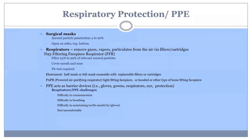Then you have your respirators, which Tim talked about, your filtering facepiece respirators, commonly called your N95s, that can filter out the relevant particles. Of course, those cover the mouth and the nose pretty tightly, and that's why a fit test is required, which is really critical. And then you have your elastomeric half mask or full mask, reusable with replaceable filters, which makes it nice because you're not constantly using new N95s and disposing of them. But they do require cleaning and disinfection. And then you have your PAPRs, the powered air purifying respirators, as Tim talked about and showed pictures of. You've seen those yourselves, where they fit over your head in the hooded variety,